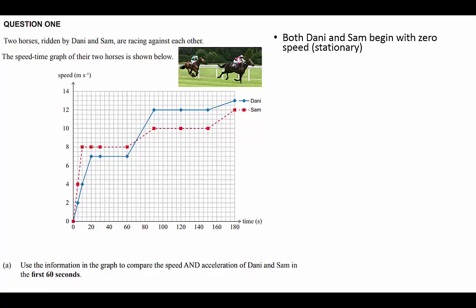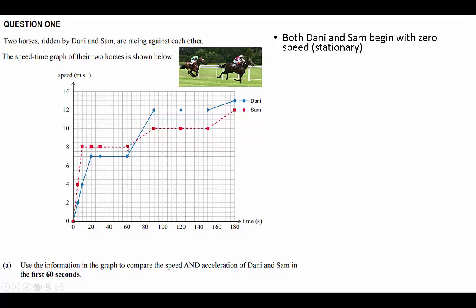And Sam has a steeper line here, indicating a higher rate of acceleration, and that acceleration is taking Sam from 0 meters per second to 8 meters per second over a time of 10 seconds. So each little box represents 5 seconds, because there's 4 boxes between 0 and 20. Sam then maintains a constant speed of 8 meters per second for the remaining time, and that means that there's